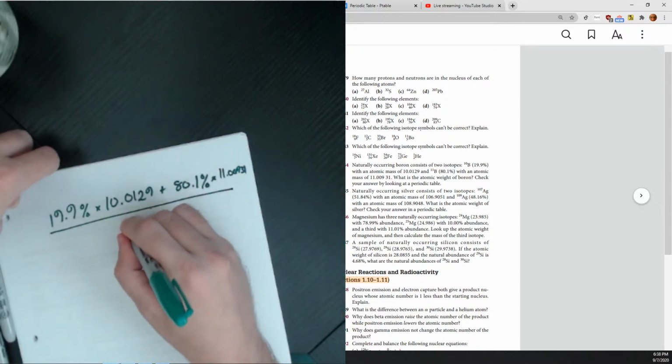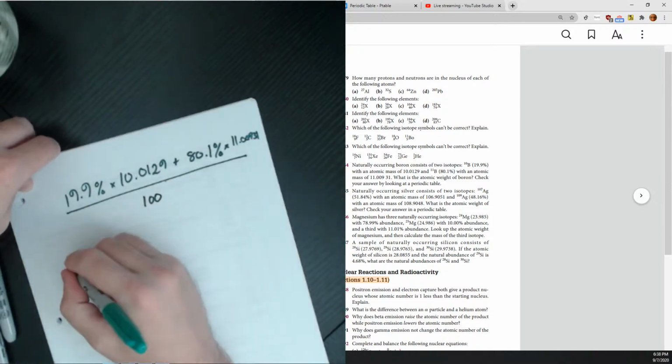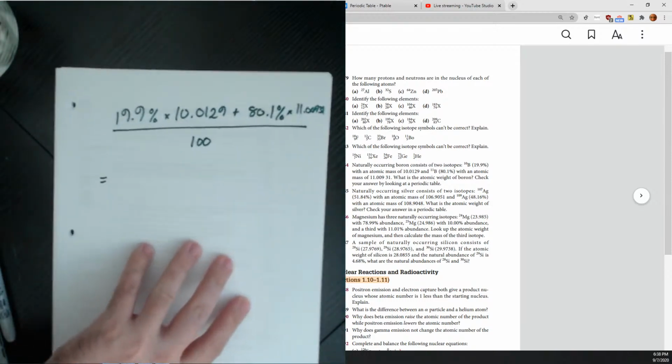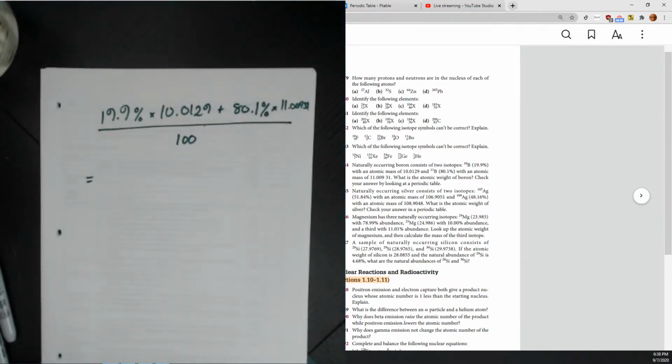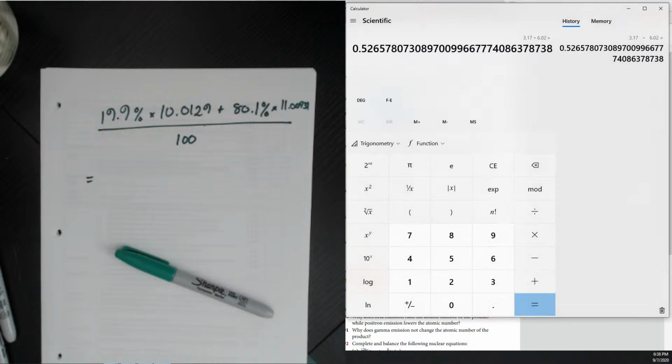Multiply, add, divide by 100 to get our answer. Okay. So it's going to be much closer to the 11.00931 than it is to the 10.0129, just because there's more of the 11. So 19.9 times